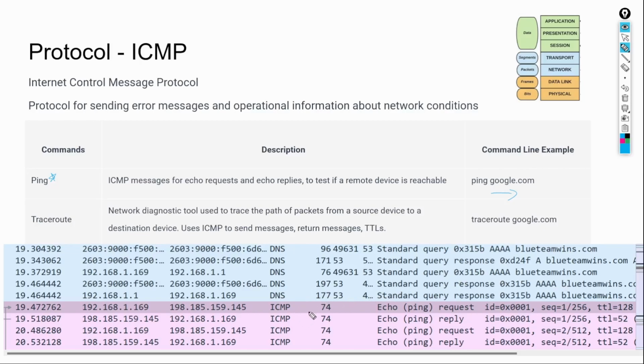And then it will resolve it. And once it's resolved and receives the response for the resolution that comes back, the ICMP message will go out for my ping request to send bytes to blueteamwins.com. And then it will also come back in the form of a reply saying, yes, I have bytes received. And it just does a small sample of packets and bytes to go out and confirm that my computer can